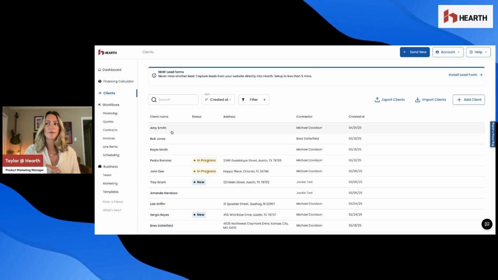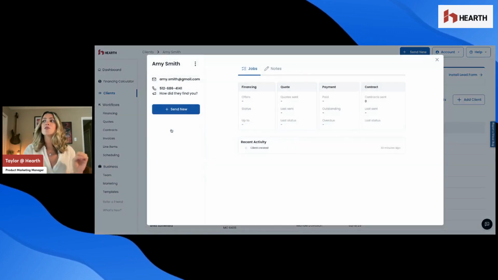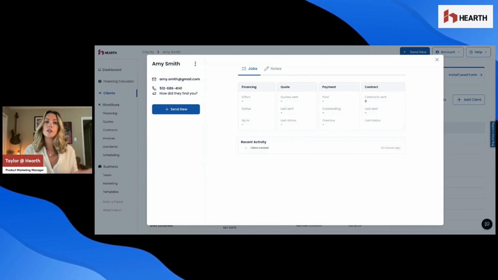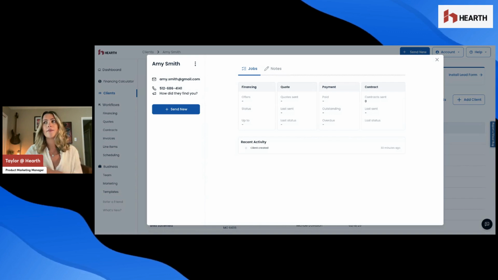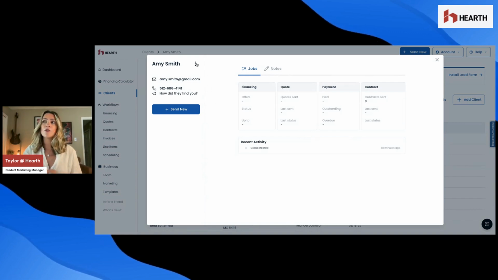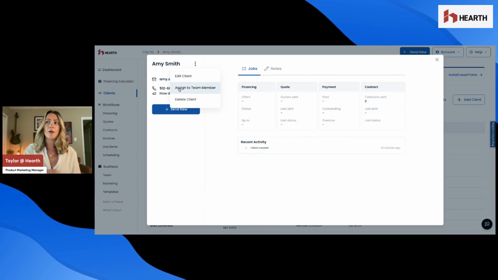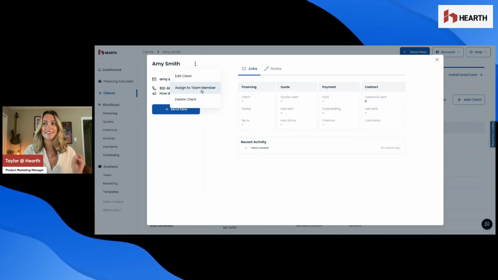So we'll take Amy Smith, for example. We'll click on her name. It's really simple. We have a nice little overview. She's a brand new client, so we don't really have any information on her yet. But if you click on these 3 stacked dots, we now are able to assign Amy as a team member